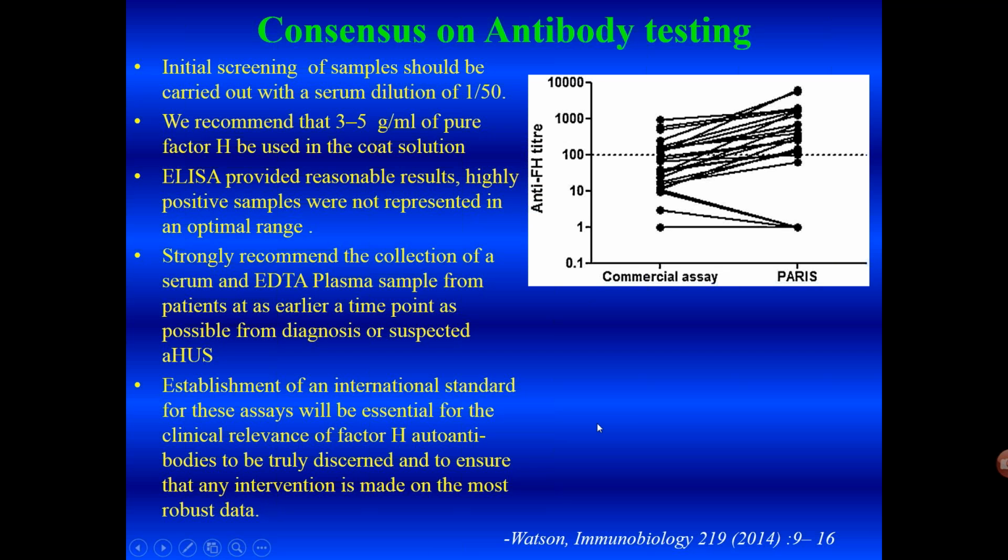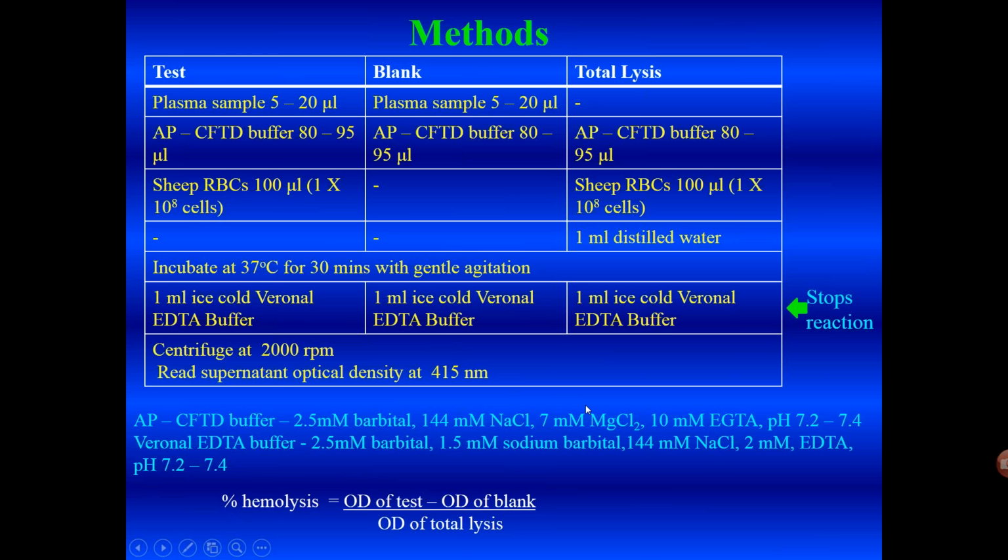There is now a standardization among 3 laboratories in Europe, all reference laboratories, which recommend that the Paris method for anti-factor H antibody testing should be used. Samples should be diluted 1:50. The ELISA may produce reasonable results, but it tends to cluster at the higher values, and there is necessity for an international standard for all these assays in order to know what is the true nature and content of these antibodies. And any labs, we need to do this in our country. We need to have more labs doing the testing, and all the labs need to standardize the assay.